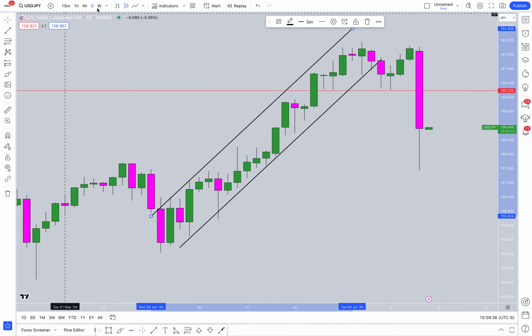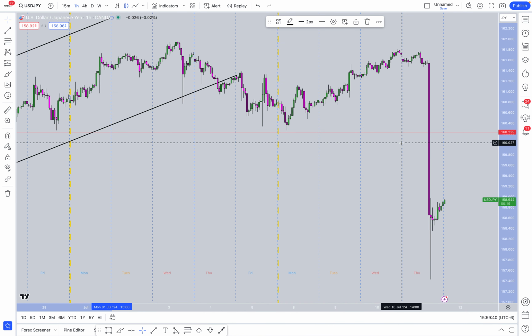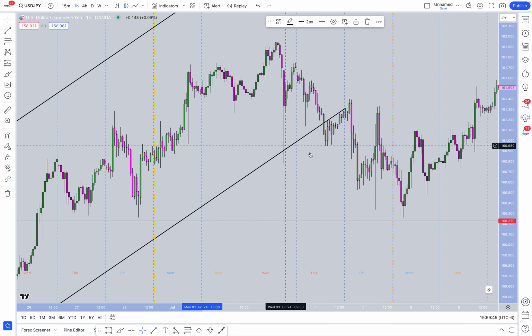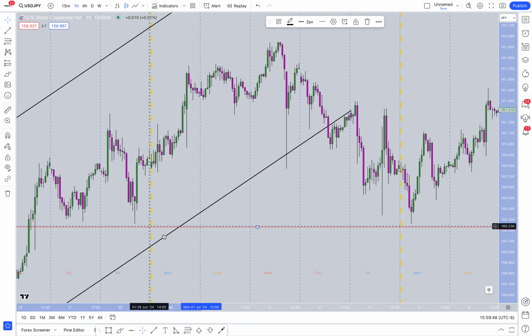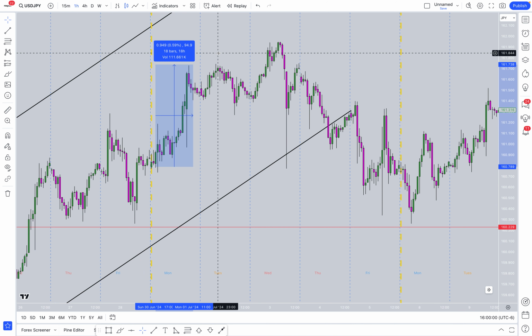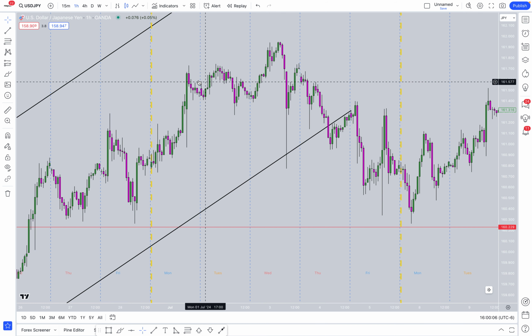So if we come to a 1 hour time frame now, and we zoom out, we'll look at last week, which was when we originally had our analysis. Monday started with basically a parabolic move to the upside on USDJPY. We went almost 100 pips, 95 pips to the upside, and then came into consolidation for the Asian session,